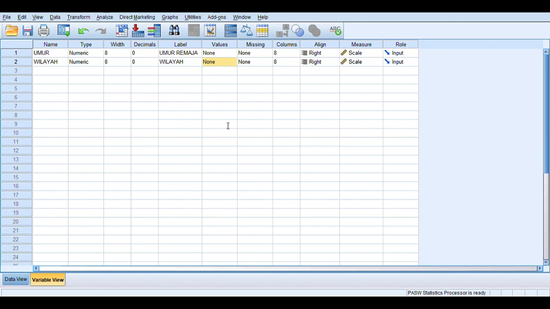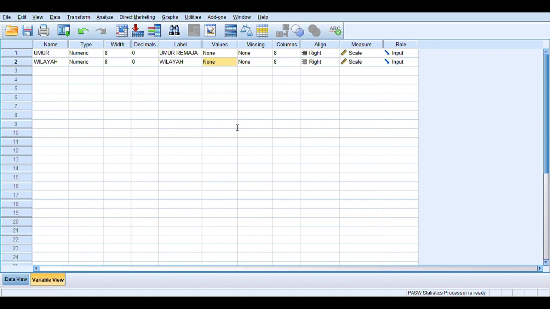Value 2, Central Jakarta. Value 3, West Jakarta.